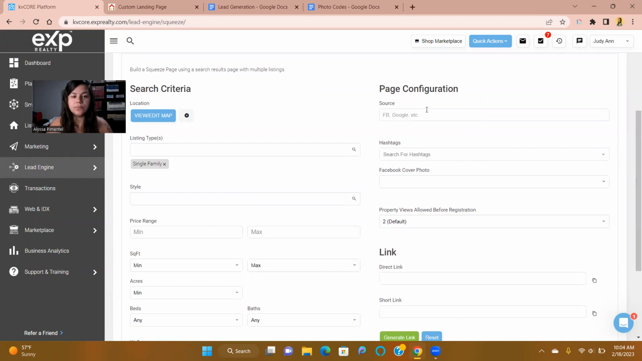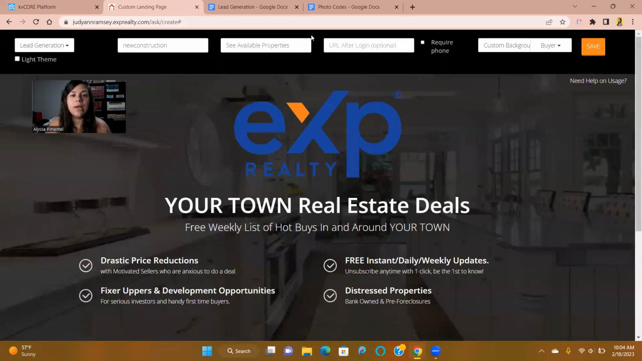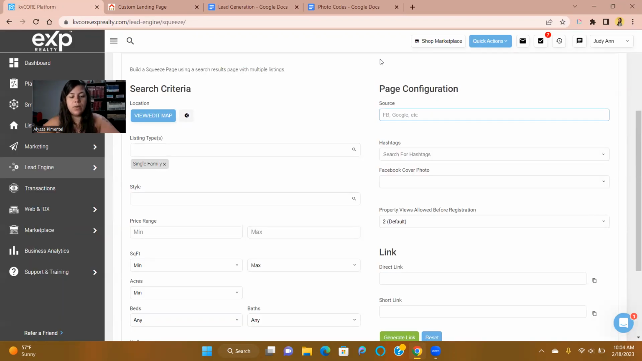And then source, basically what this means is where is the lead coming from? So for example, if you were creating this squeeze page to post it straight onto Facebook, then you can do that. But what I'm doing is putting it onto a landing page. So I could put landing page there if I wanted to. But basically KVCore is going to let me know that they came in through here, but let's just put it anyways. Let me just say landing page,